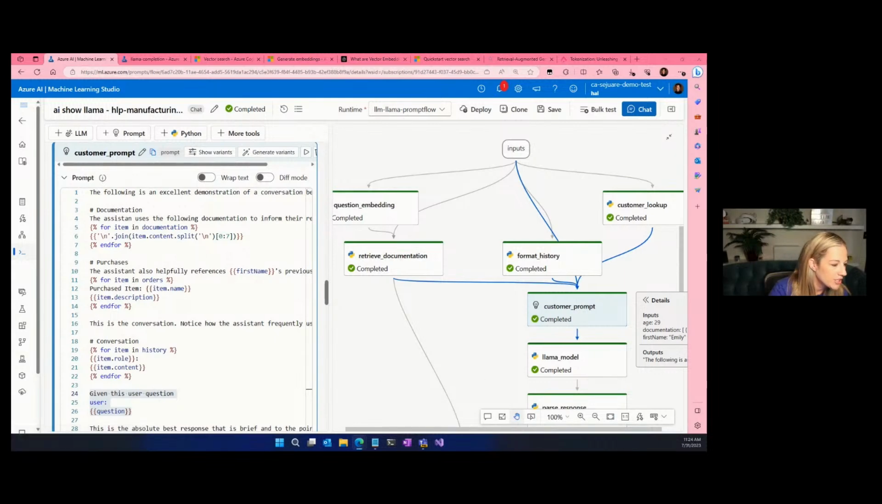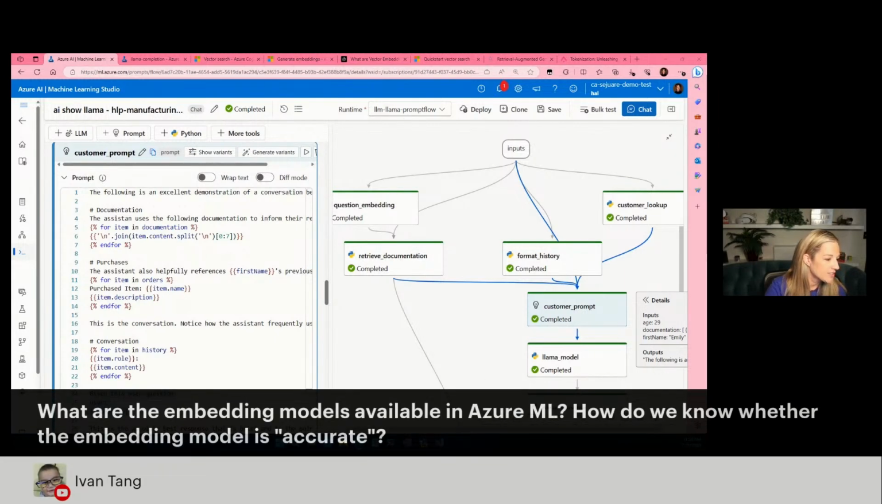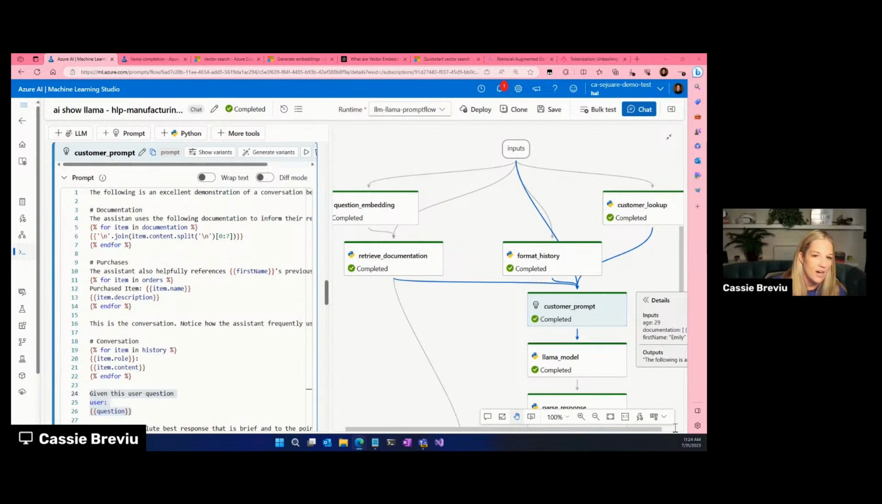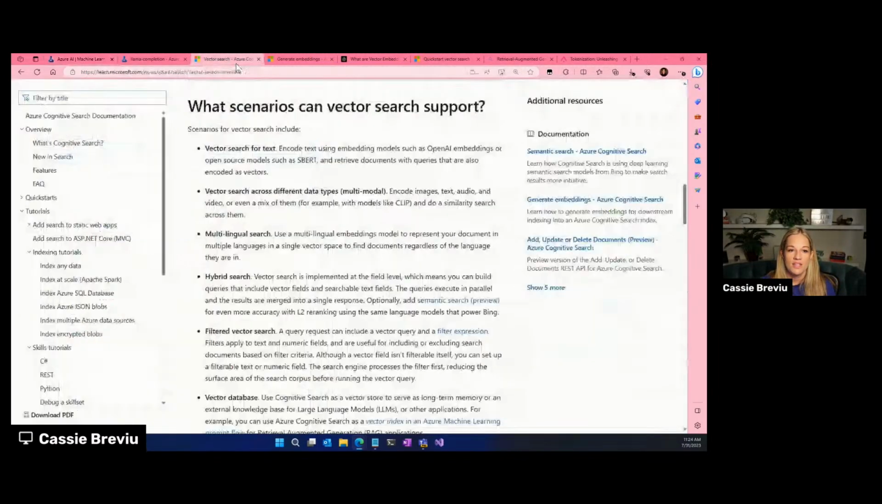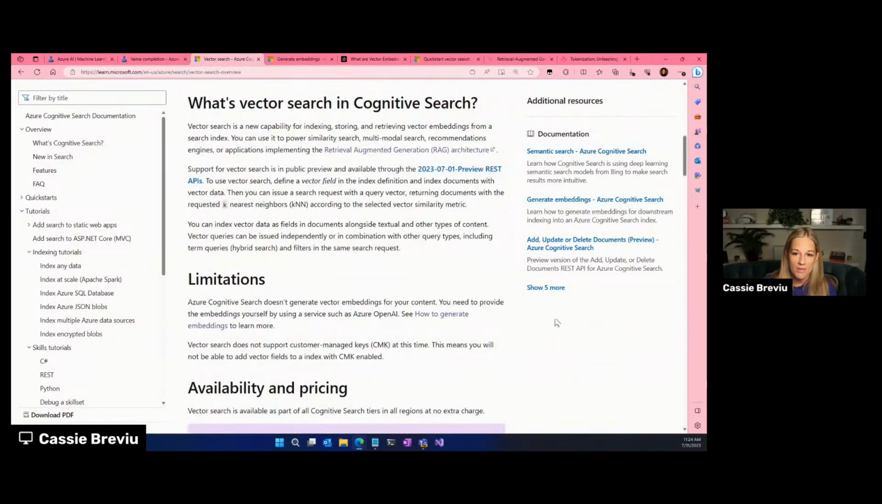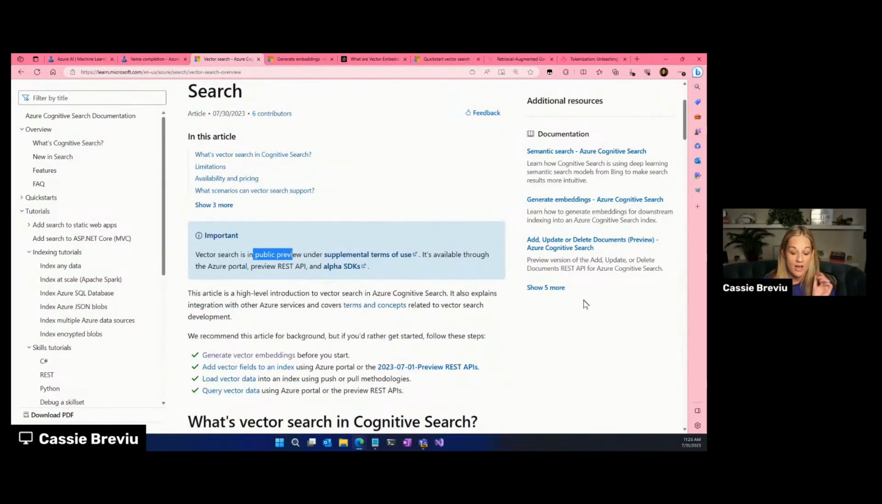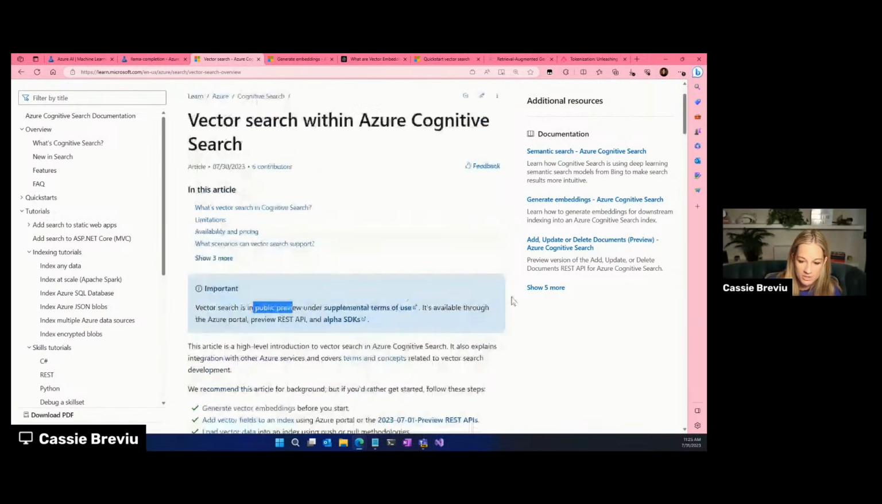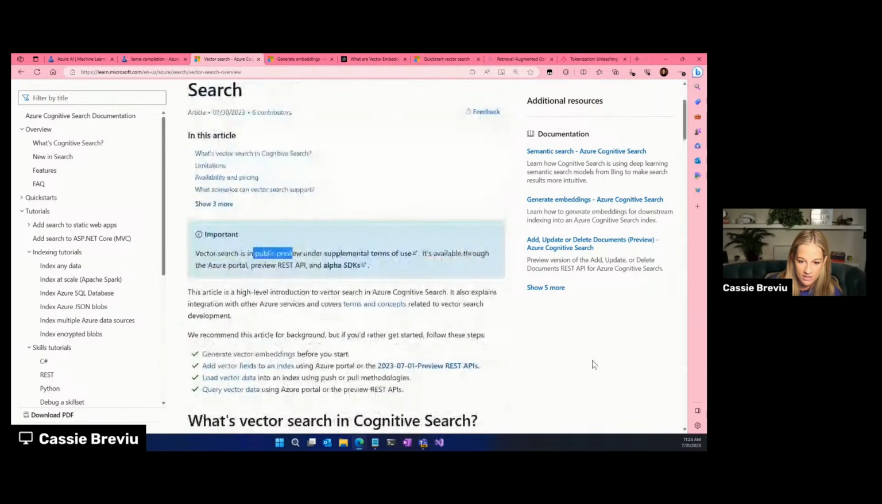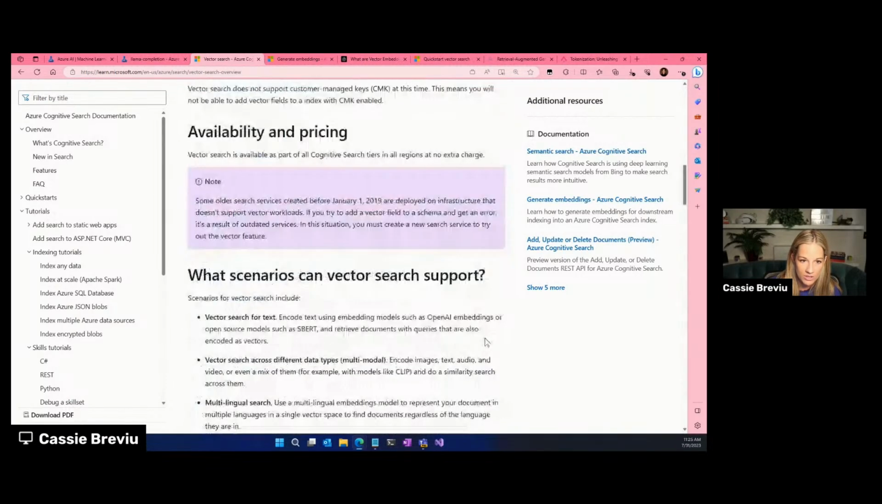Okay, we have a good question here. So let me show this. They're asking, what are the embedding models available in Azure ML, and how do we know whether the embedding model is accurate? So let me take a look. I think that the embedding models for vector search are all OpenAI models. If I am correct, I think I'm correct. But that is a really good question for next week too, when we have the PM for vector search hanging out with us. But let me double check, because I thought I read in here that one of the limitations,